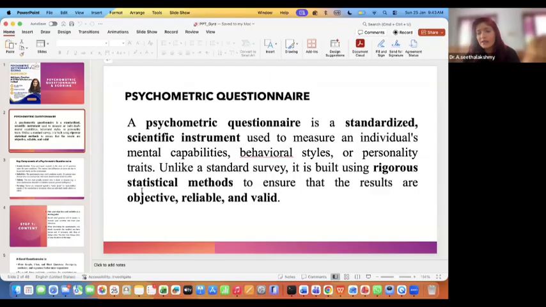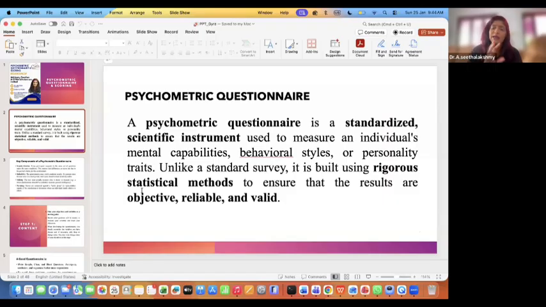Similarly, in our psychological terms, I need to exactly measure what your memory capacity is, or what your intellectual ability is, what your level of anger or anxiety is, or maybe I want to know your behavior style, your personality. So how will I measure all this? I cannot take a ruler or a tape. I need a standardized method where if I measure X person's personality, I use the same thing for another Y person or another Z person.